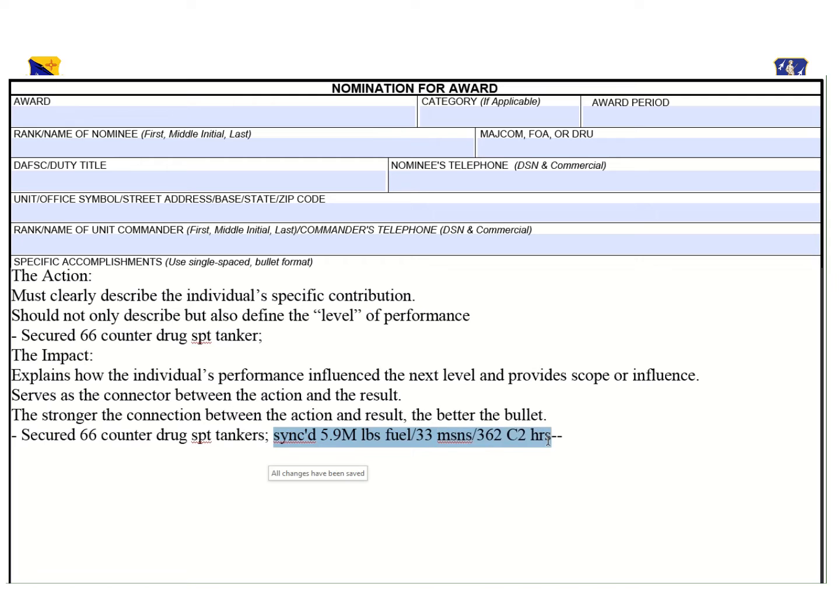And we know that by doing that, we get fuel transferred to aircraft, which in turn allows our aircraft to perform the missions. But who ultimately benefited from this? Well, we understand that in this case, our customer was Southern Command. And we also understand that it is JITF South, which stands for Joint Interagency Task Force South. So the word right there on the customer itself almost allows us to figure out that this is a joint impact or a joint result.